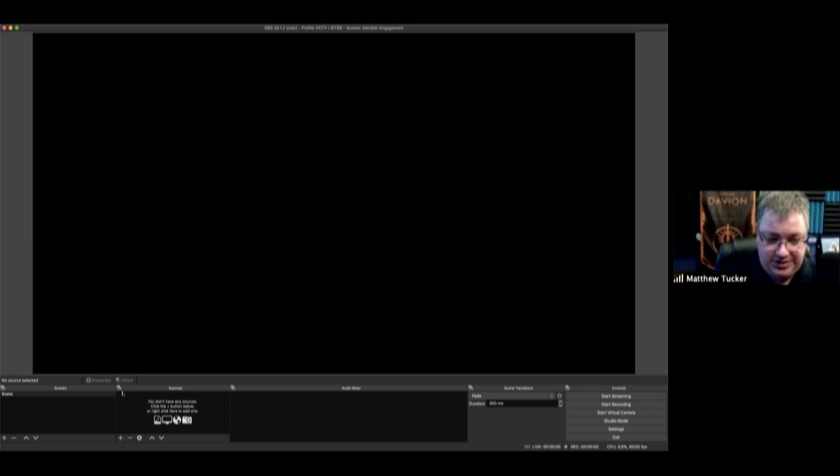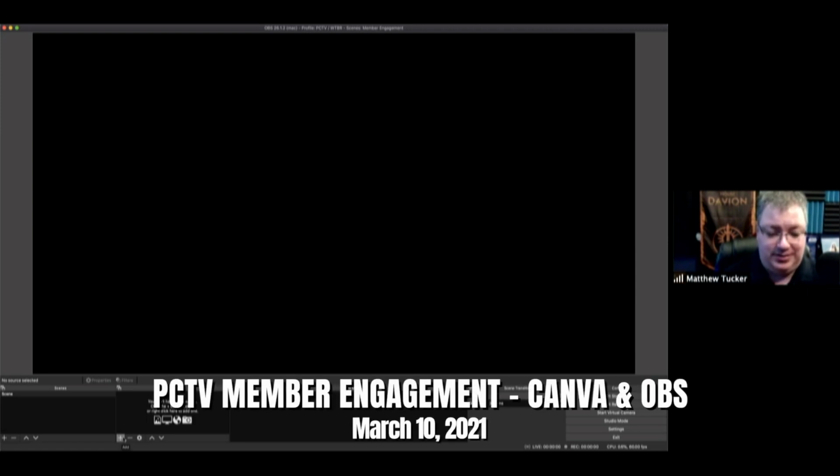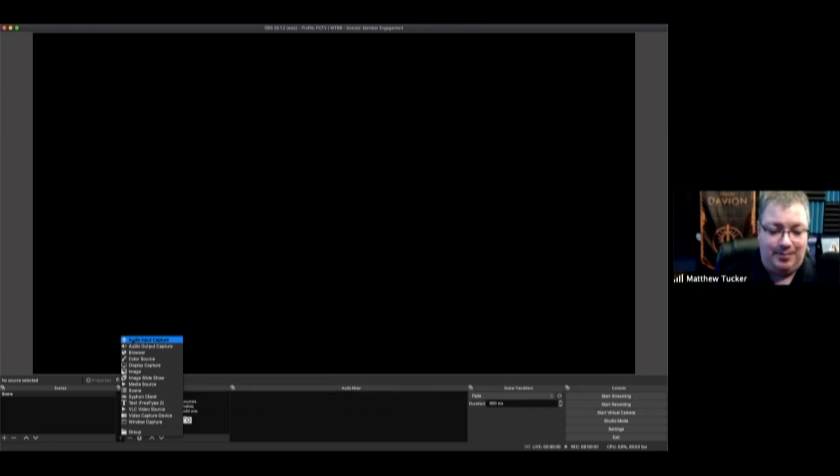Sources, which is the thing to the immediate left of scenes, is how OBS structures one of these scenes and what you can see in a scene. To add sources and mess around with them, I'm going to hit the plus button here, and it will give me a big list of the various things that I can display on the screen. For example, I can pick, and just as a quick note,